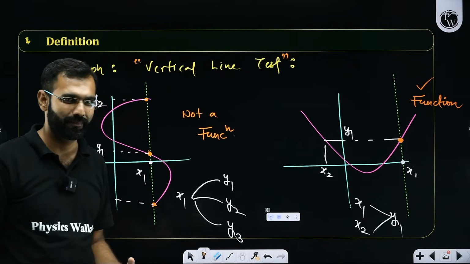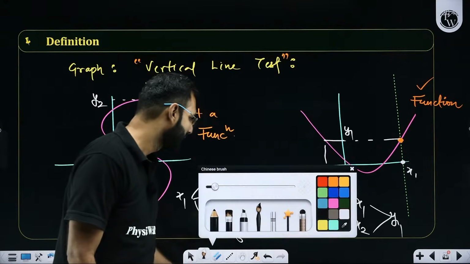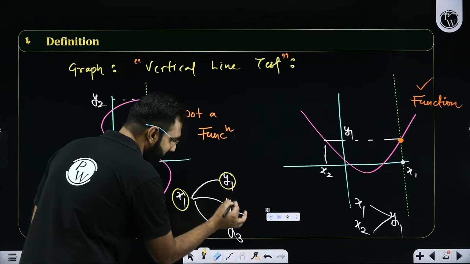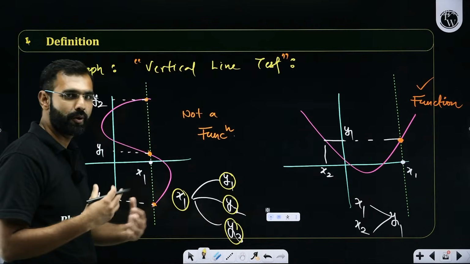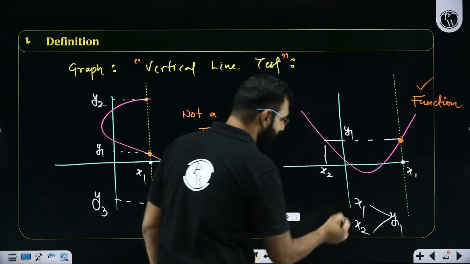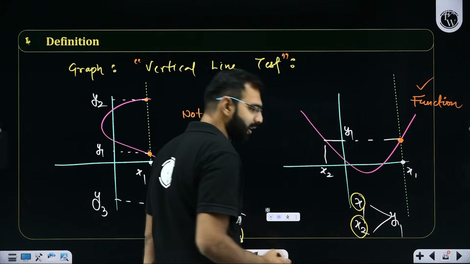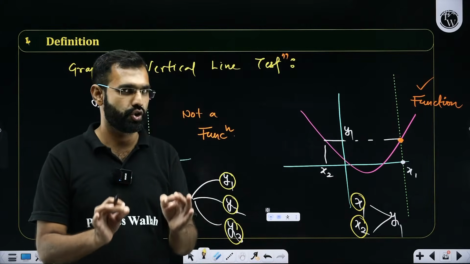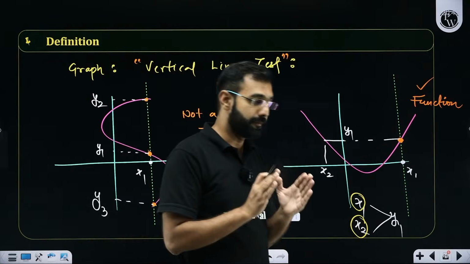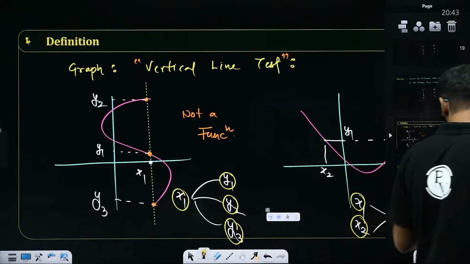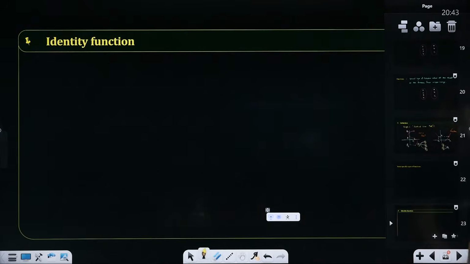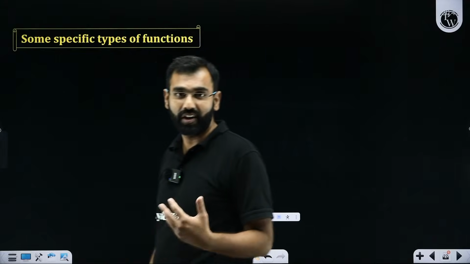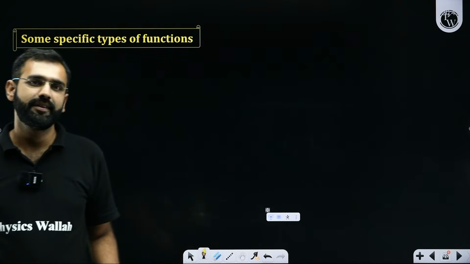Everyone, let's focus. I repeat, whenever you are given a relation in one to many form, this cannot be a function. I hope so far you have been able to develop this. But if you are ever given something like many to one, this can definitely be a function. All I need to ensure is that every single element in the domain should have a unique image. Everybody got it? Everybody understood it? So far, are you all able to process the concept of functions?